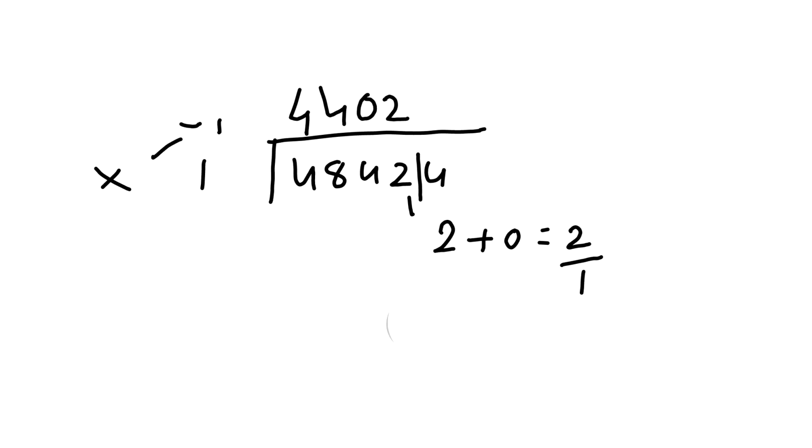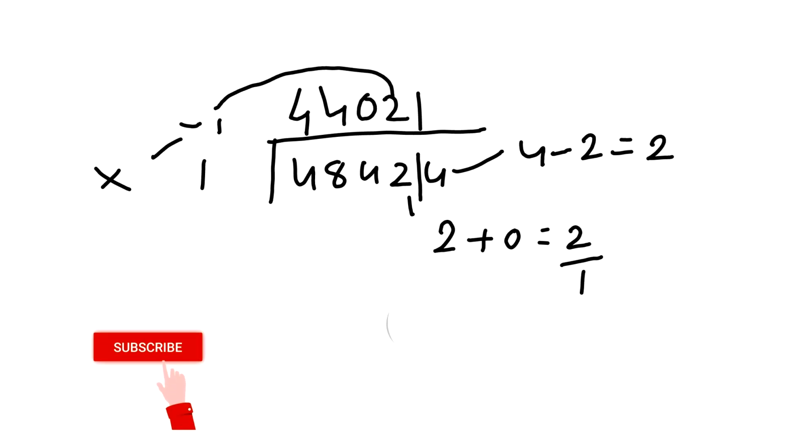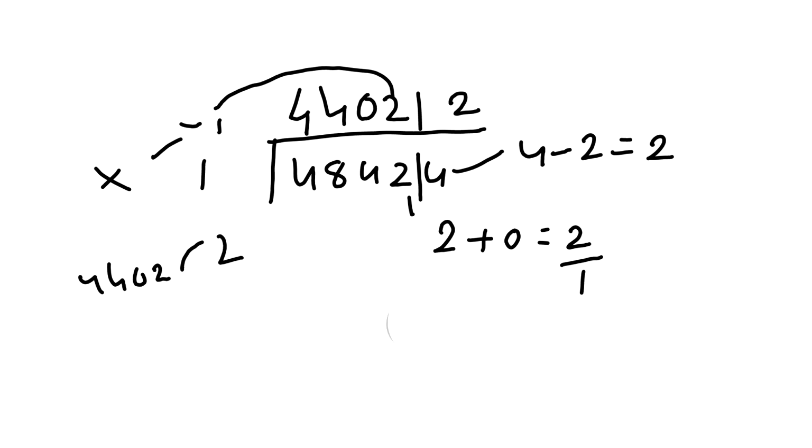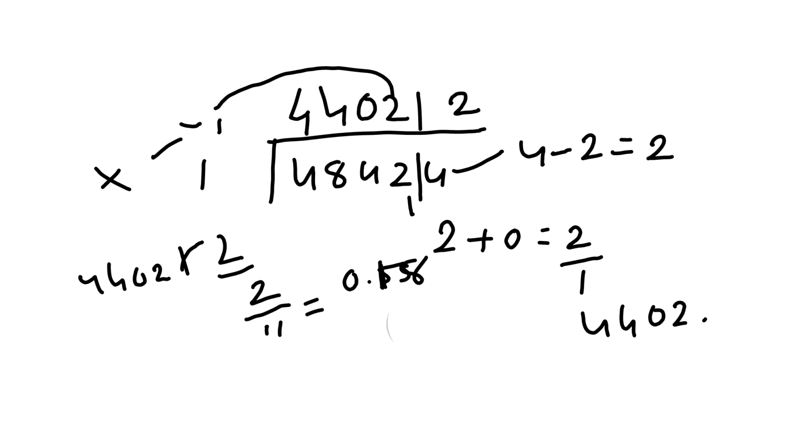And the last number is the remainder one. What will be the remainder? That will be 4 minus 2. How did this minus 2 come? 2 into minus 1, that means quotient will be 2. So the answer is 4402 with a remainder of 2. Now this 2 by 11 will be the decimal point. That comes out to be around, I guess, 18. So the answer shall be 4402.18. Check that out with a calculator.